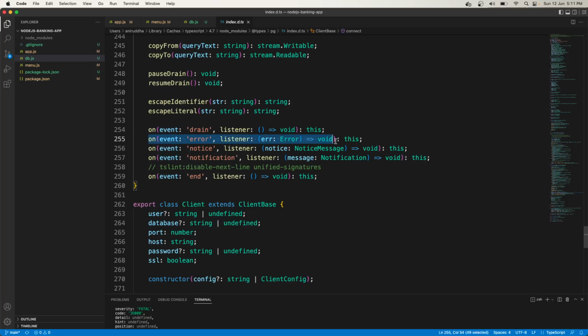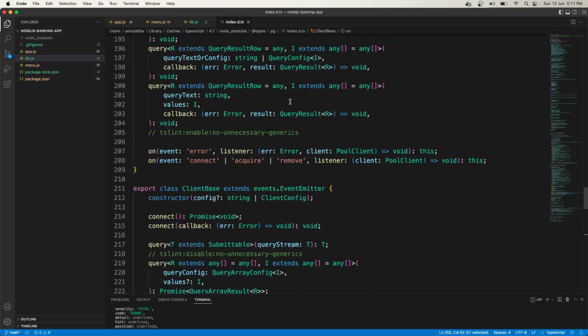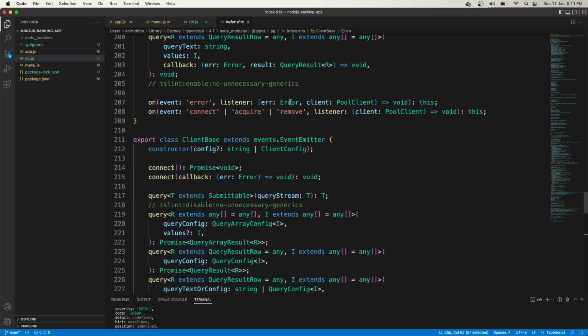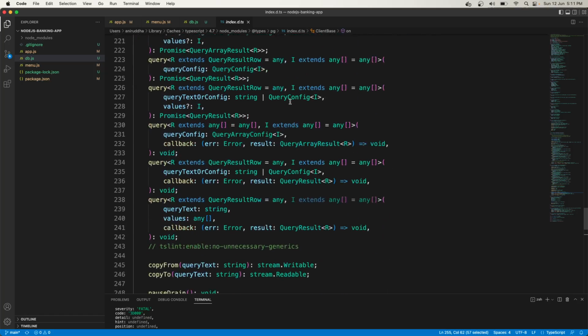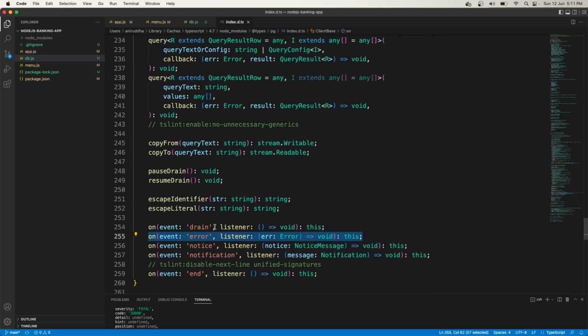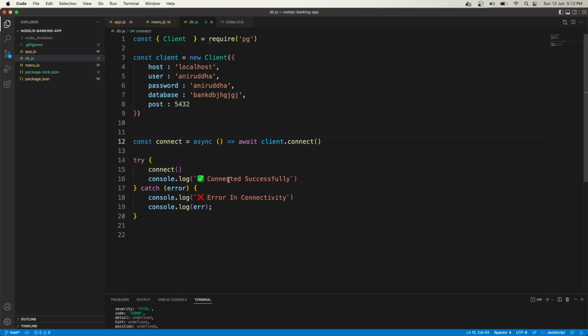And there is one event also, client.on. Now if you see, there is an on function, an on event error, some errors are there, you can work with that part also. Now here we can have a client.connect,